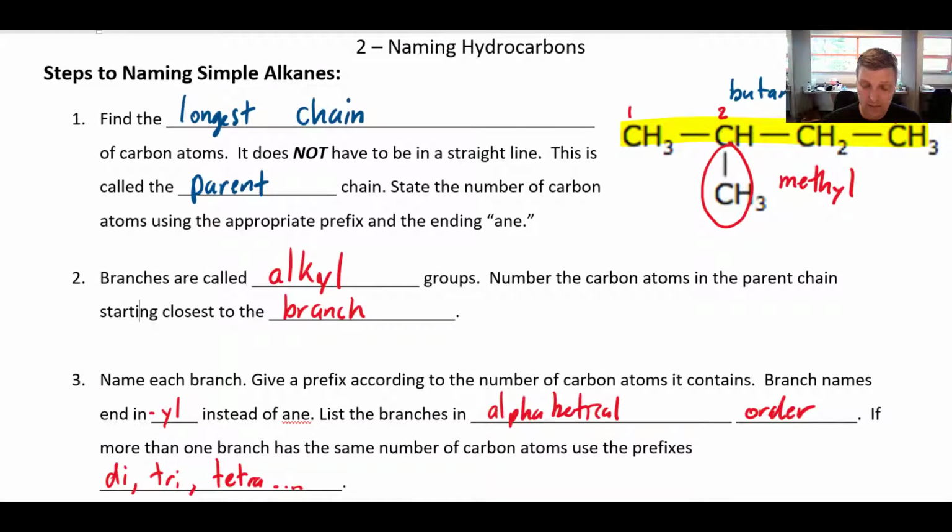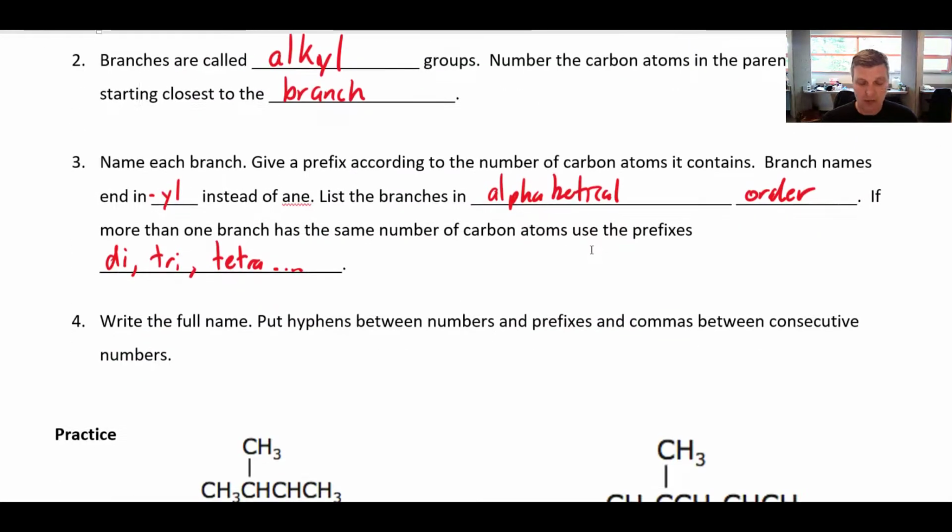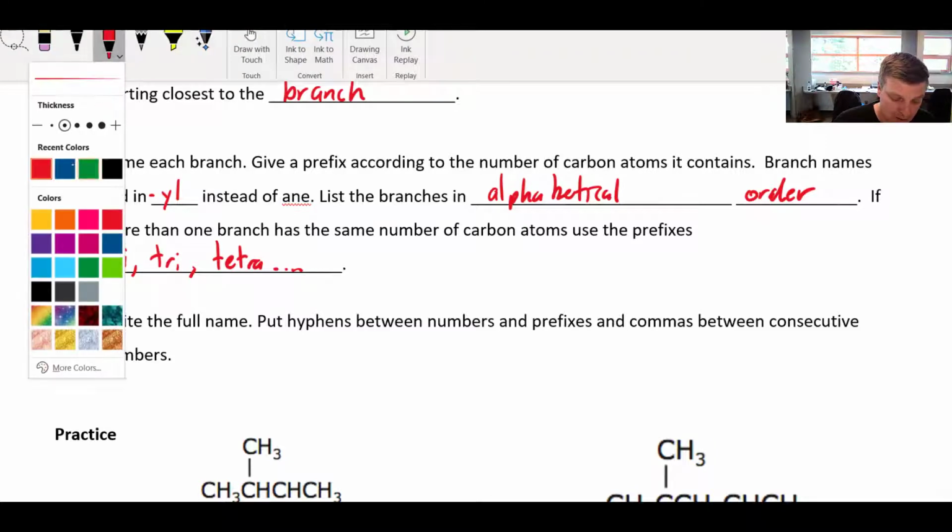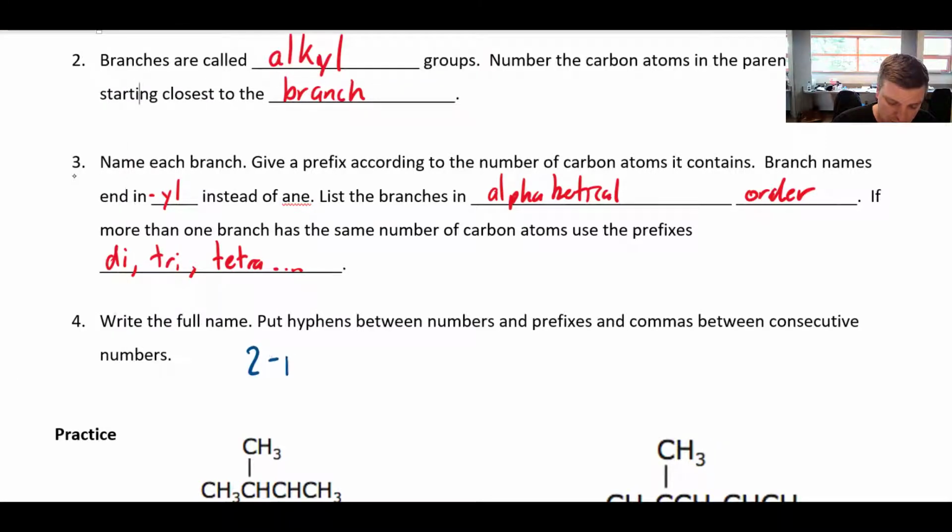Well, this is butane as my parent chain. That branch there is a methyl branch, but I need to tell them where it is, and so this is actually a 2-methyl because it's on the number 2 carbon. So I'm going to put the whole name together, and that compound that I had up at the top there would be a 2-methyl